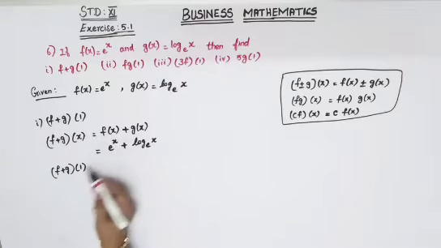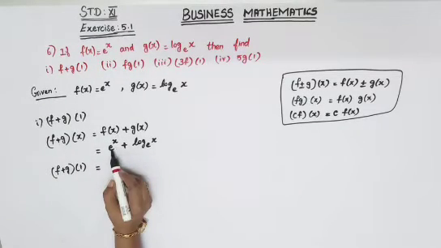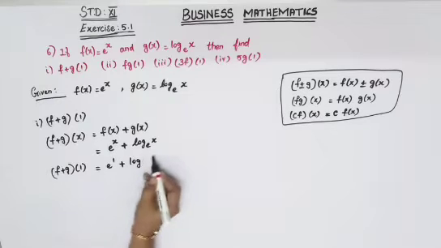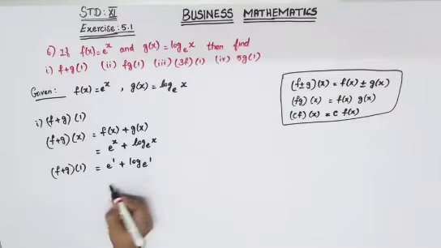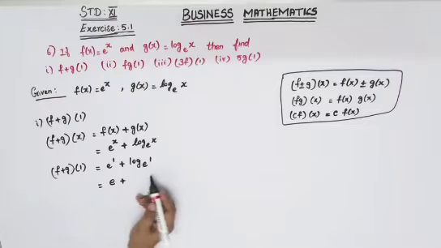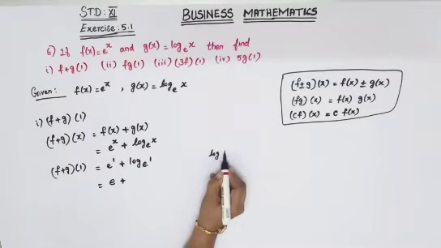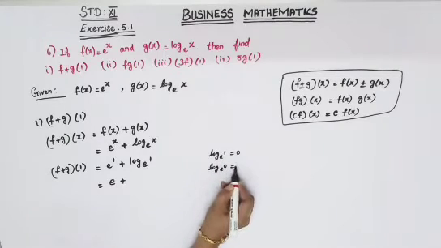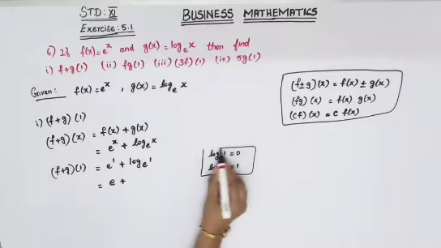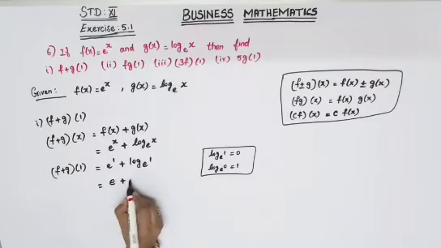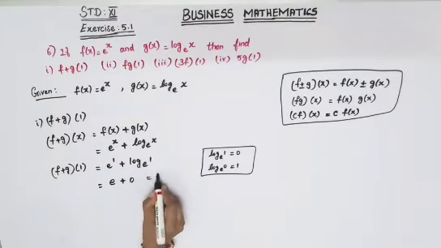So your next line is f plus g of 1. Wherever x is there, put 1, that is x is equal to 1. So you will get e power 1 plus log 1 to the base e, which is equal to e power 1, which is nothing but e itself, plus log 1, the answer is 0. If you want you can write it: log 1 to the base e is equal to 0, log 0 to the base e is equal to 1. So these are the values; the value will be interchanging. Log 1 means 0, log 0 means 1. So log 1 it is there, so the value you can give as 0. e plus 0 is equal to e.